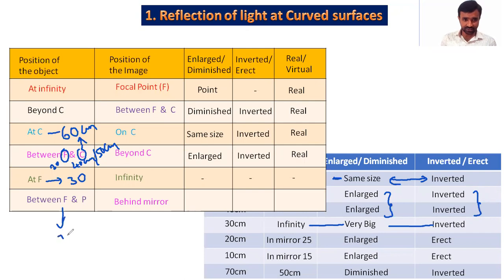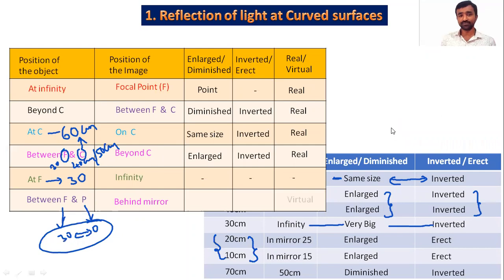Then between F and P, what is between F and P? F is 30, pole is 0, so 0 to 30 centimeters. What we have here is 20 and 10. So for that, what characteristics did I get? Enlarged,